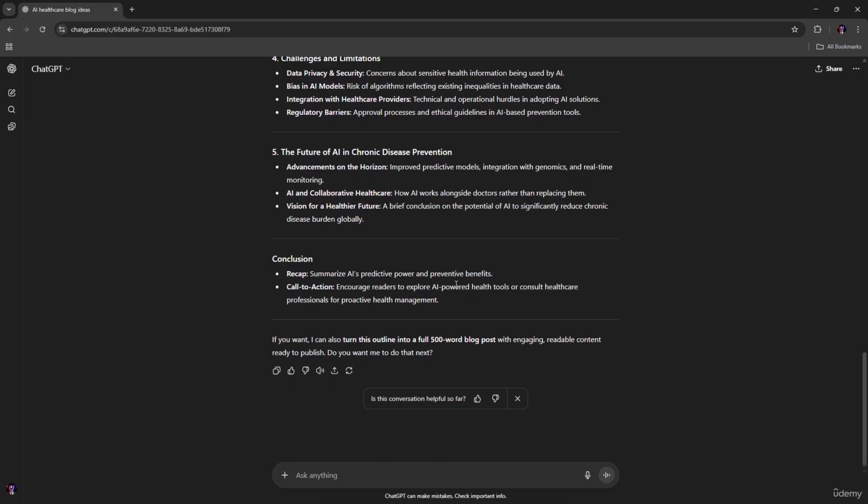Prompt engineering is about crafting your prompts carefully to get more accurate, creative, and concise results. For example, instead of saying "write a story," we can say something like, write a 300 word suspense story